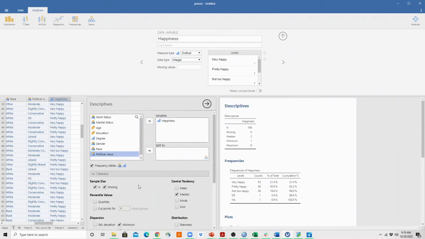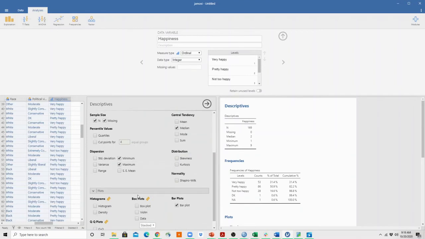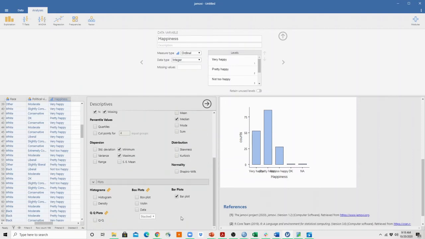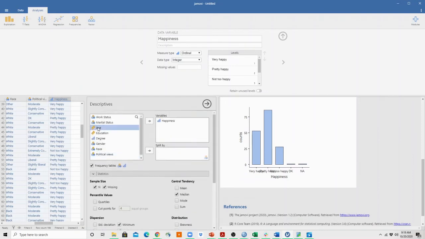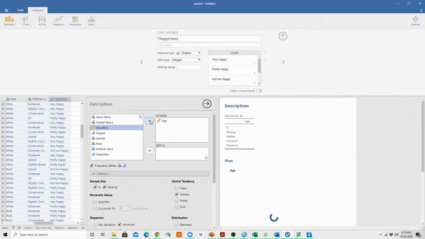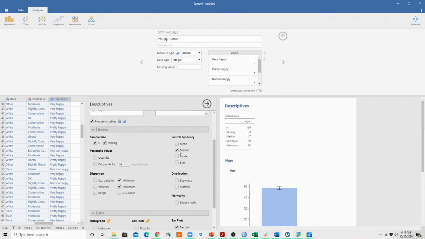And for happiness, we have the bar plot. Now let's look at age. Because the variable age was asked in years, it's a scale variable. So I'm going to put it over here, and for this we definitely want the mean and we want the